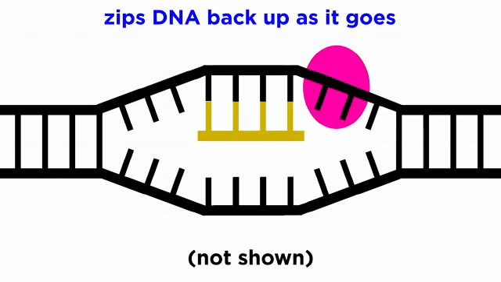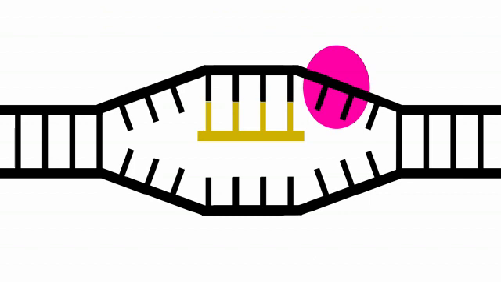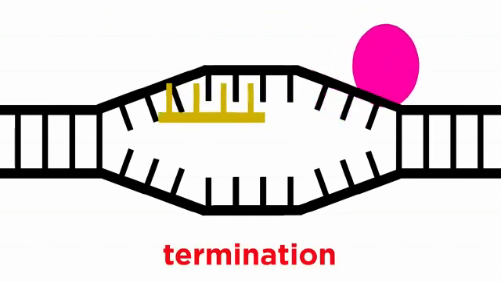Unlike replication, RNA polymerase zips DNA back up as it goes, keeping only 10 to 20 bases exposed at a time. Once RNA polymerase reaches the end of the gene, termination occurs. The enzyme